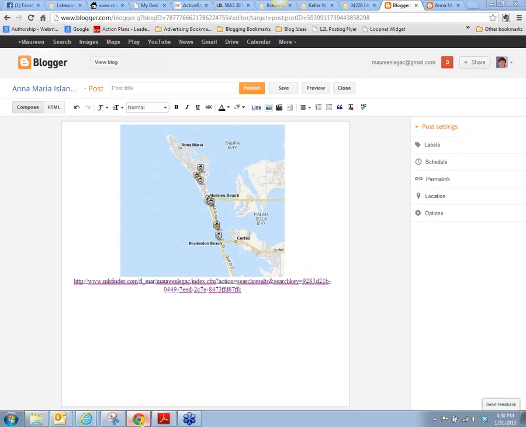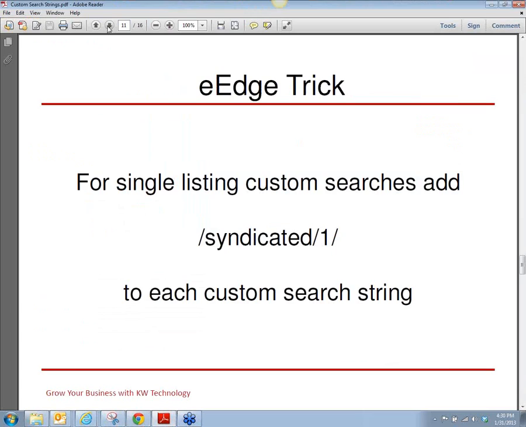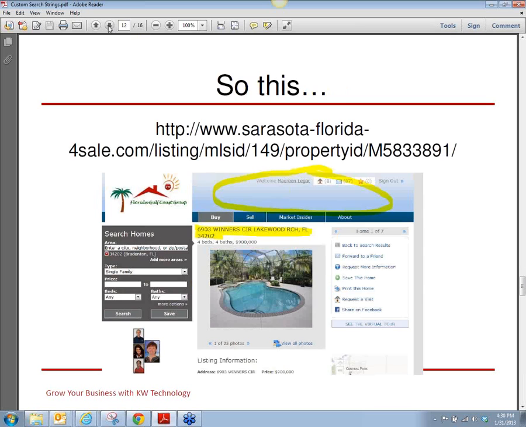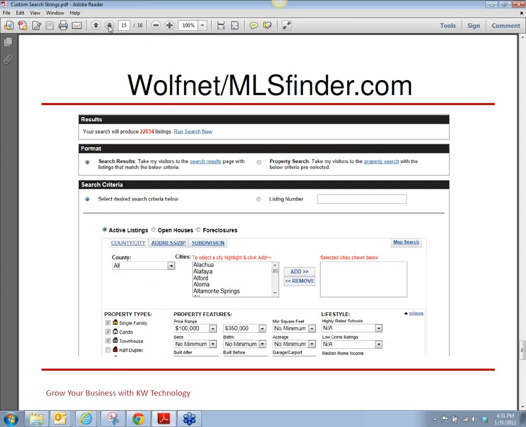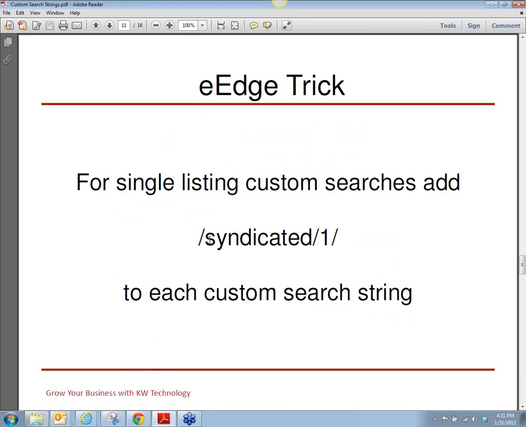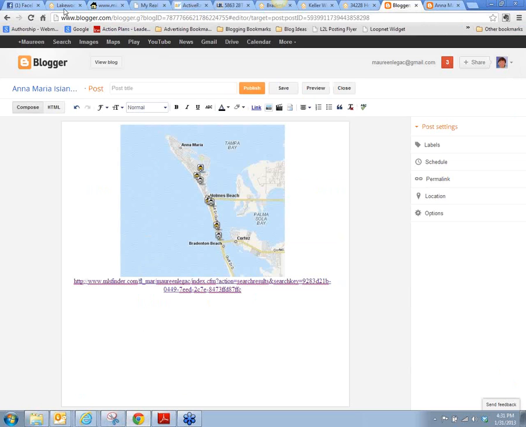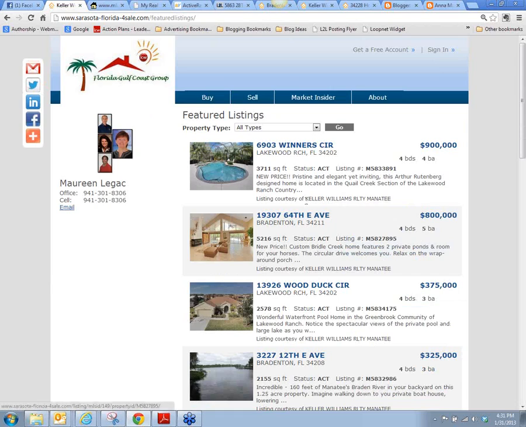All right, so that's creating, let me go back to this. That's creating them with eEdge, and then also creating them using your eAgency site there, using the property search on your eAgency site. I want to go back to eEdge for a minute because there's a trick on eEdge. When you have a single search that's bringing them to one property, so let's say you're advertising a particular property, an open house in the country club. So let's say, let me go to eEdge,